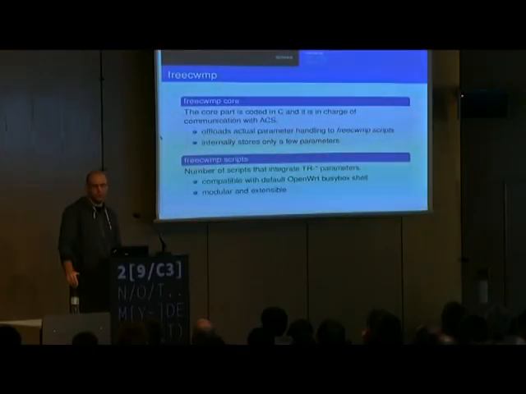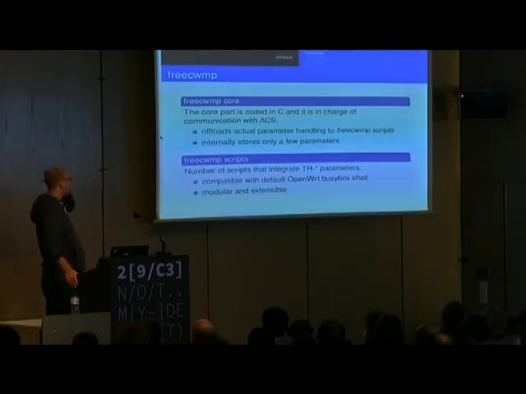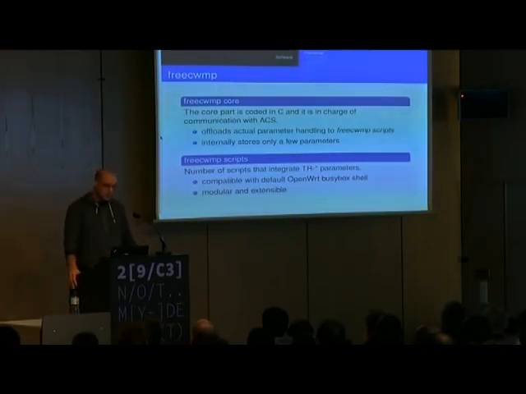Okay, so you have freecwmp core, which is coded in C. It's in charge of all the communication with the ACS server, and it offloads all the parameter related stuff to the scripts,